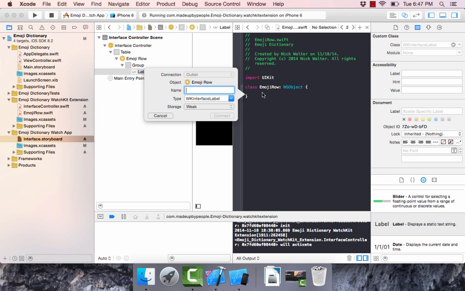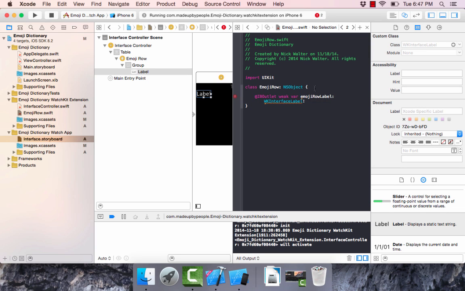Okay, now that you've done that, it's asking you, what do you want to name this? And so we're taking this label, which is just a way to represent text, and we're pulling it from the storyboard and we want to represent it in code. So let's just give it the name of emoji row label. Okay, we're going to hit connect, and we're going to get an error here,